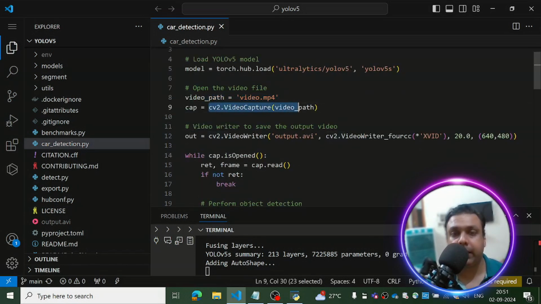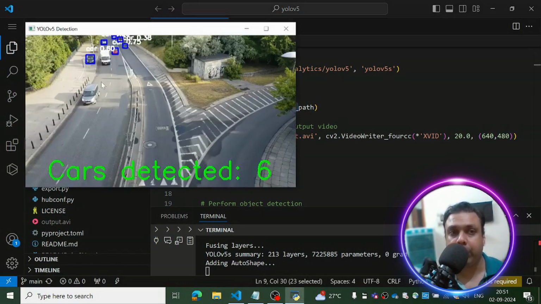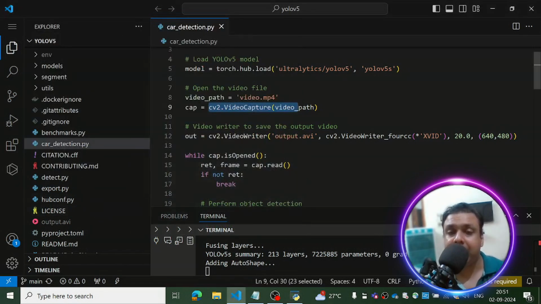Then this line is for capturing the video and showing it to the user in a window. CV2 is going to capture the video and help us show it in a window-like structure to the user. After that, with CV2 VideoWriter, whatever output we generate on CV2's window should get saved in a file named output.avi, with this frame rate and this dimension of the video.